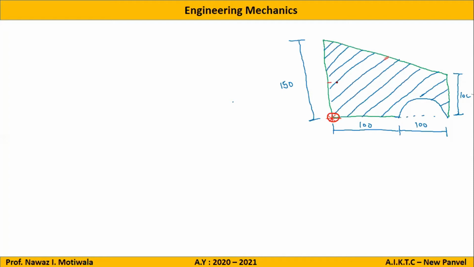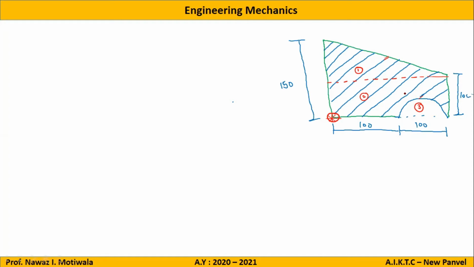Very good. So let me do a construction here. If I draw this line, a construction line, it is now very easy to denote that this part is my triangle, the second part is my rectangle, and the third part will be my semicircle, which will be negative or positive? Negative. Yes, it will be minus, because it is not in the shaded portion. Correct? Yes, sir.